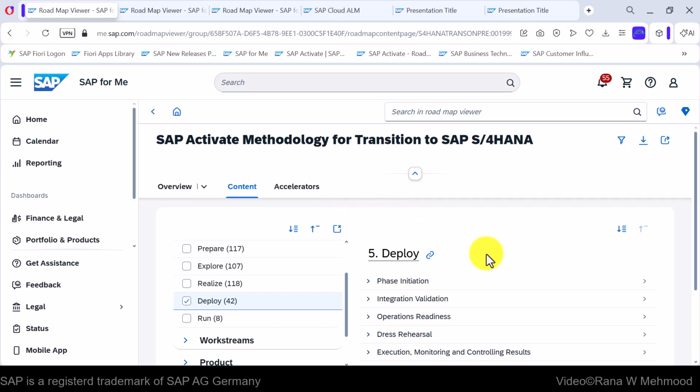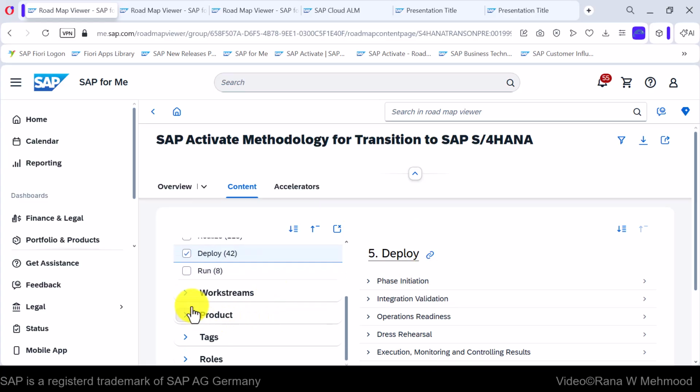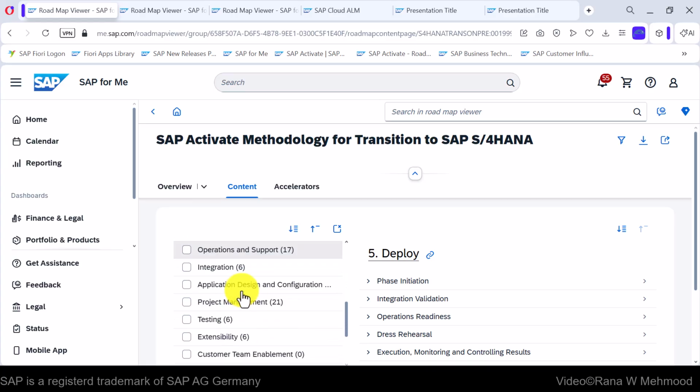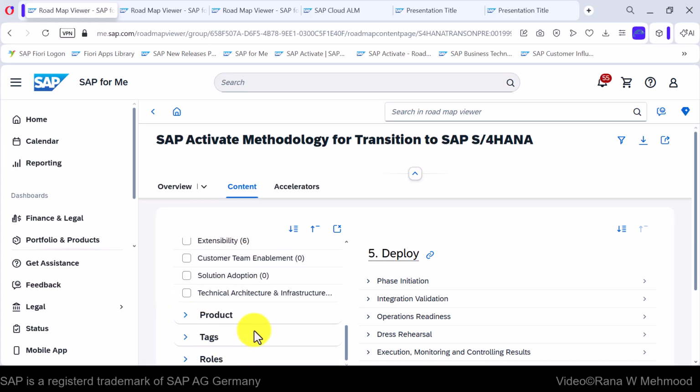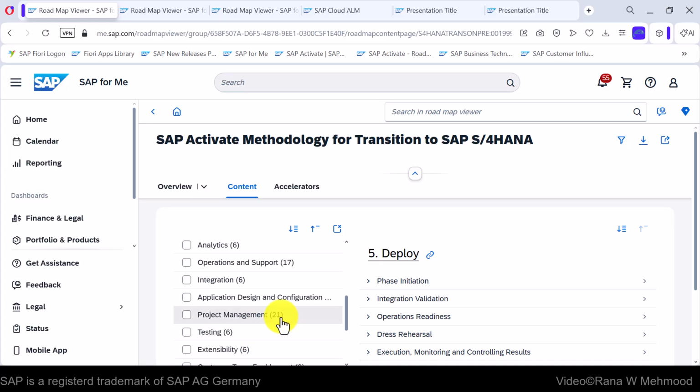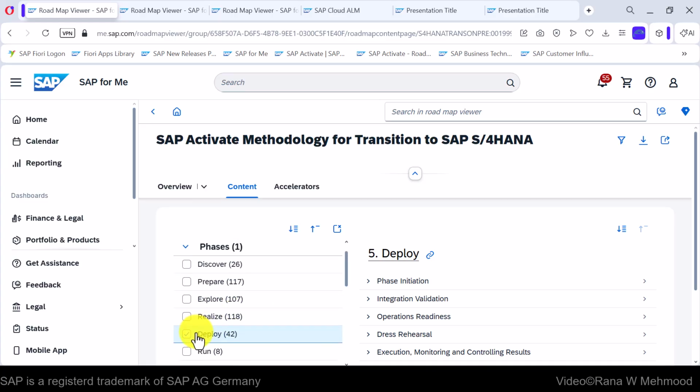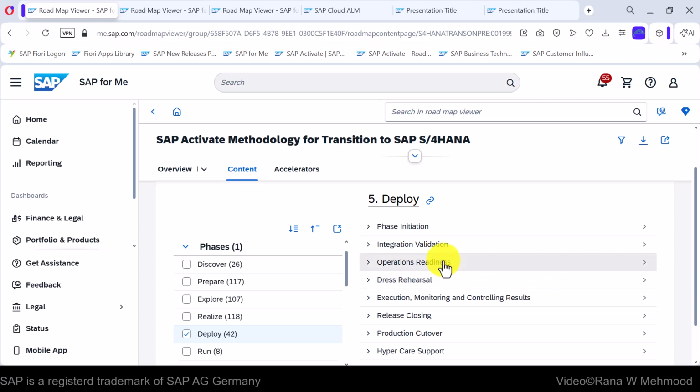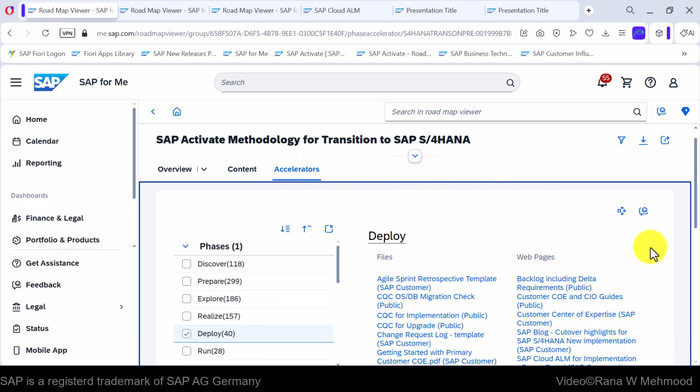So we can filter the tasks for this Deploy phase, and further, if you want, you can also select the filter for work stream, product, tags, and roles according to your business requirements. And if we select Deploy, we can view the content by tasks. If you want to view the content all together, then we can also navigate to accelerators, which show us the content